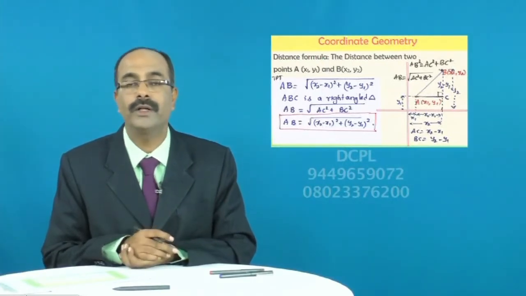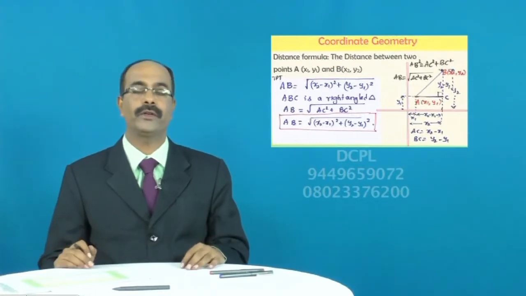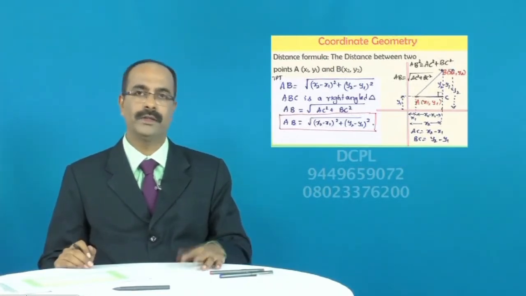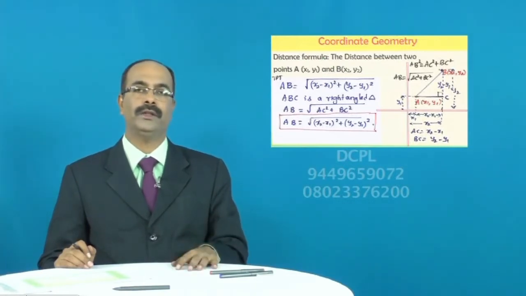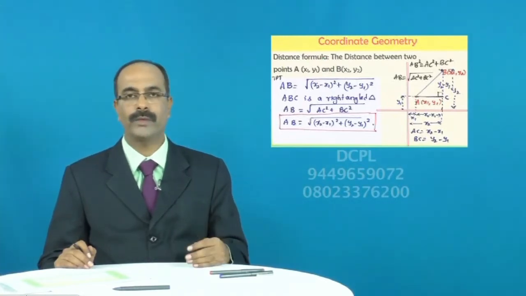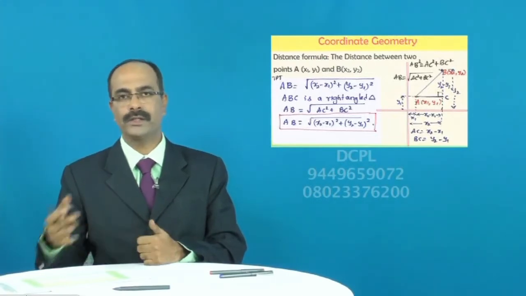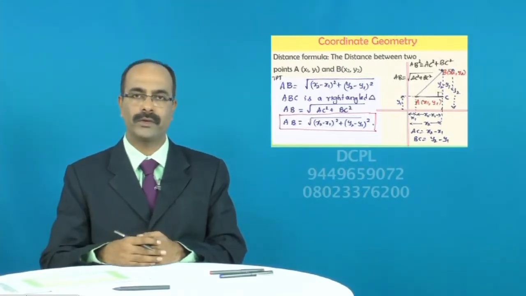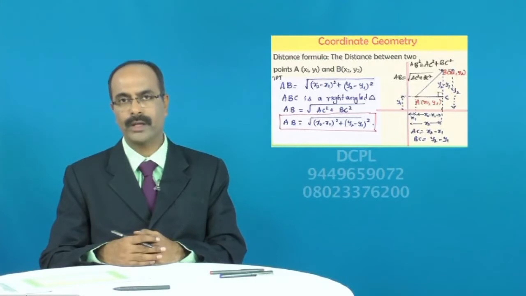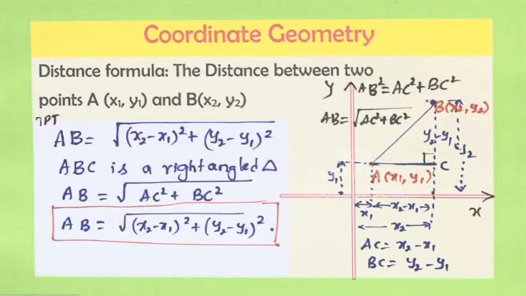And here the word coordinate geometry or analytical geometry means the geometry where we are going to use a formula to find out various lengths, areas, whatever kind of measurements you are doing. Usually when you are in your basic high school and primary school, whenever you are asked to find out the length, you just take a scale and compass and find out the length. Now we are using formula. Please make a note of this. We shall go to the next concept.